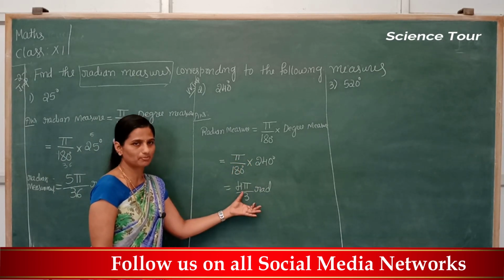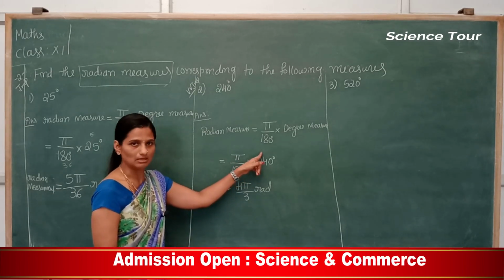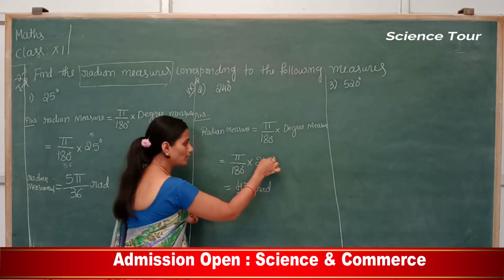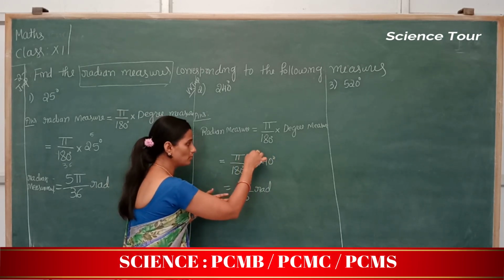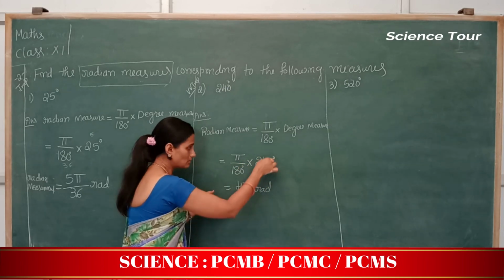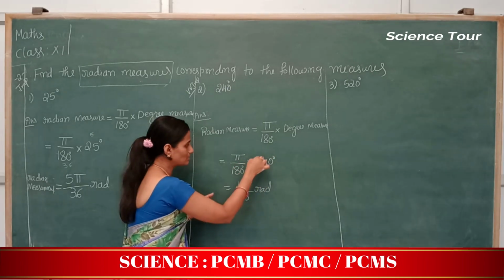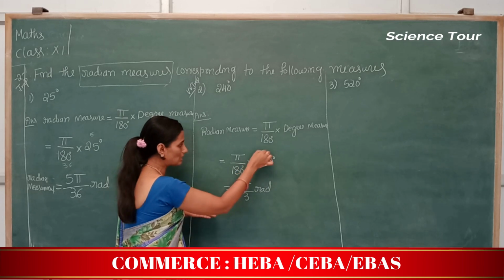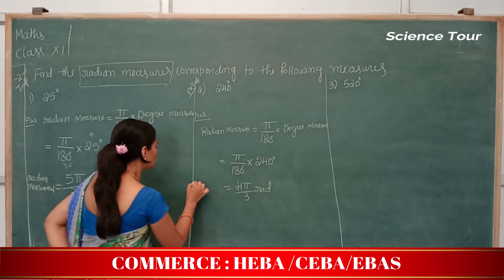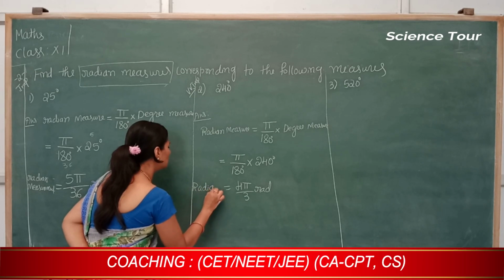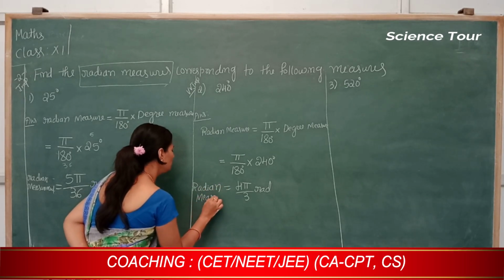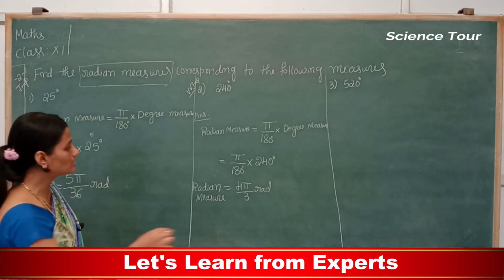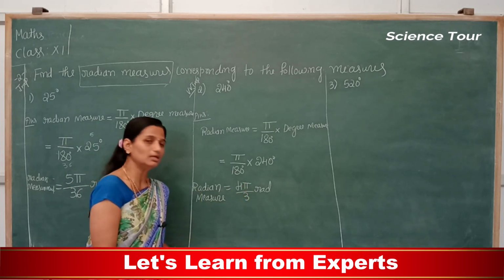Next is the simplification part. So if you want to cancel, do it in pencil. Cancel in pencil. So 0 and 0 can cancel. That's why I am not cancelling here. You should not cancel, meaning you should not strike out like this. So 0 and 0 cancel, 6 4s are 24, 6 3s are 18. So 4 and 3 not possible. It is 4 into pi, that is 4 pi by 3. So that is your radian measure. So 240 degree is equal to how many radians? It is equal to 4 pi by 3 radian.